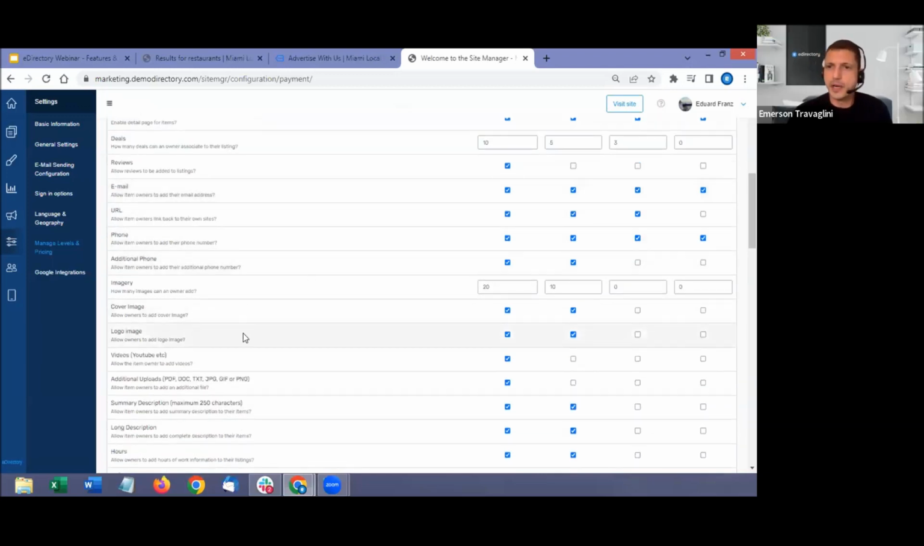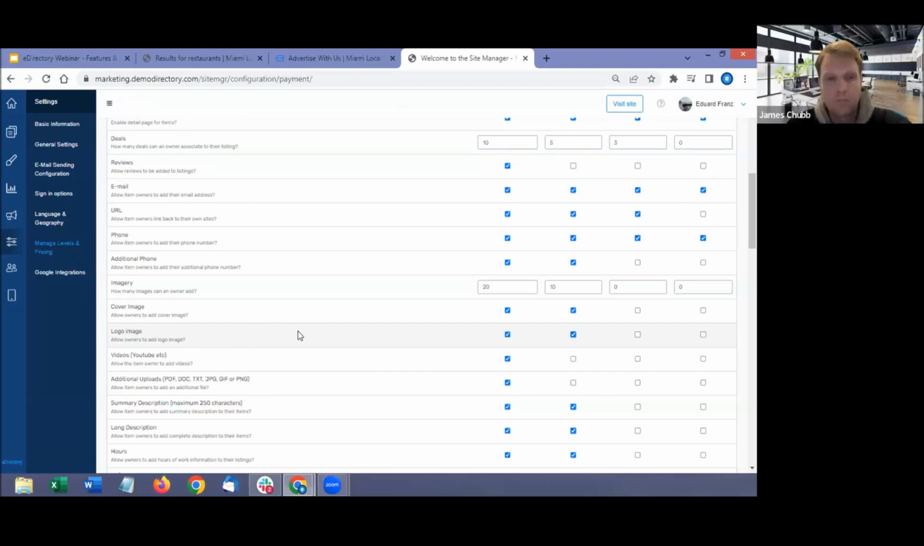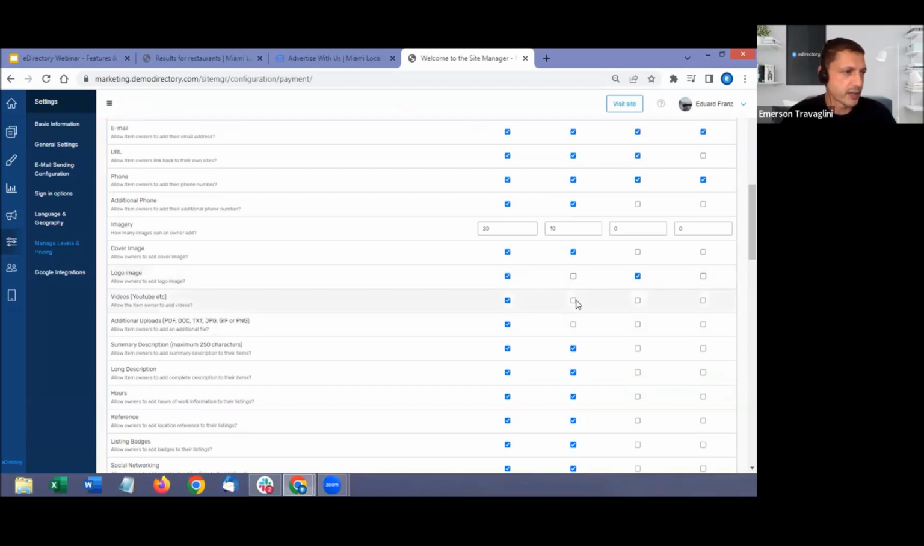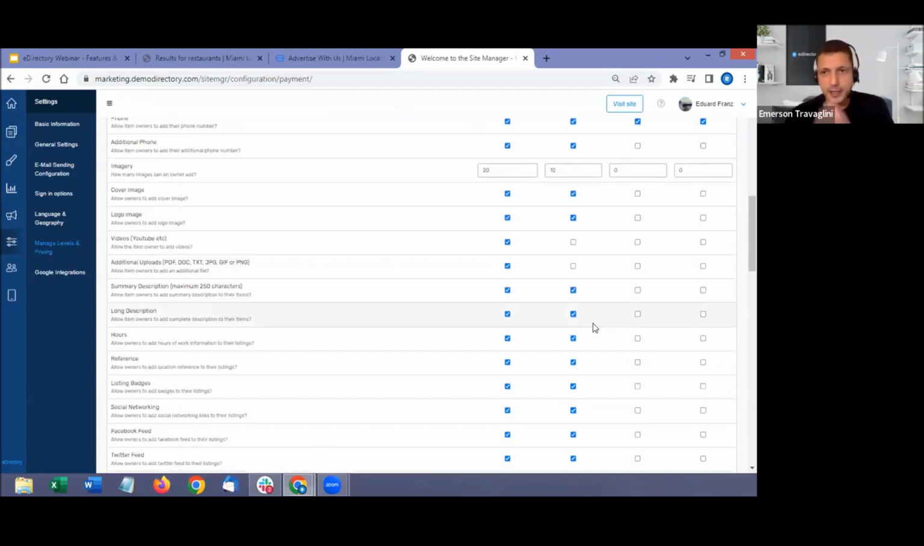Yeah, I guess a similar idea applies to a cover image or logo image, which is more visually appealing for the listing detail page. So we can reserve this for the paid plans and distribute among the highest plans. So it's pretty simple to configure. Just select the check boxes to see